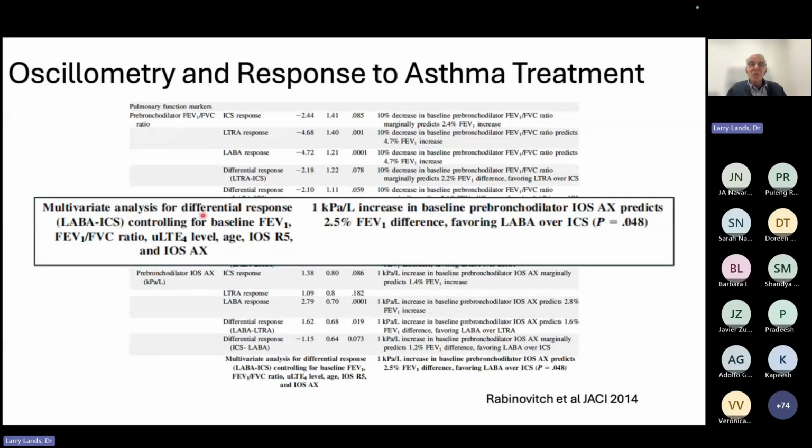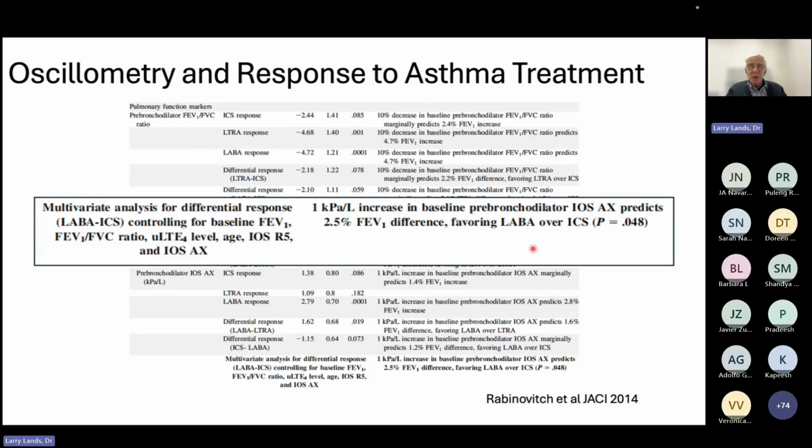After controlling for all these things, which are things you think about controlling for, the area under reactance curve was predictive of those who are going to respond to a long-acting beta agonist and help you select out